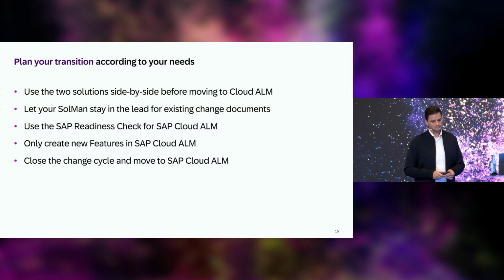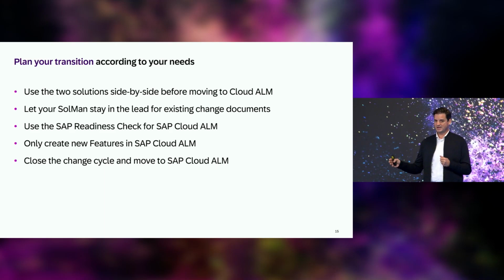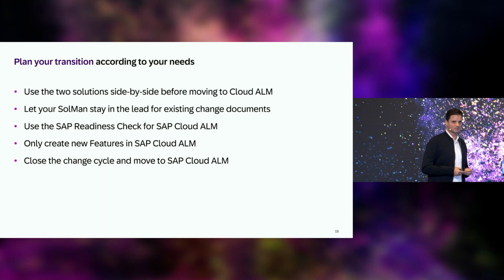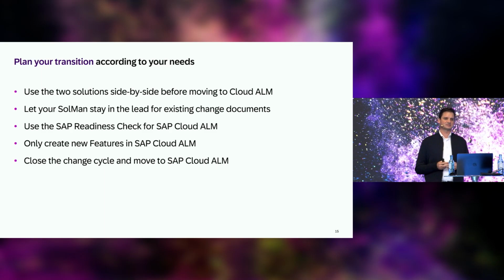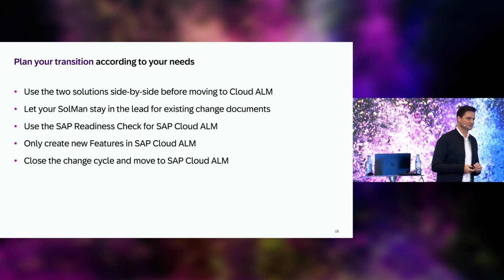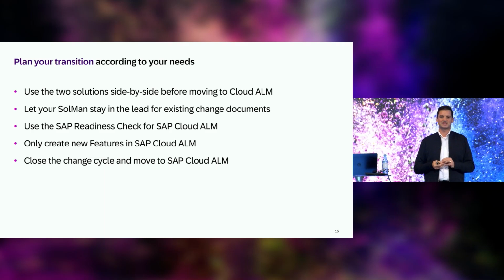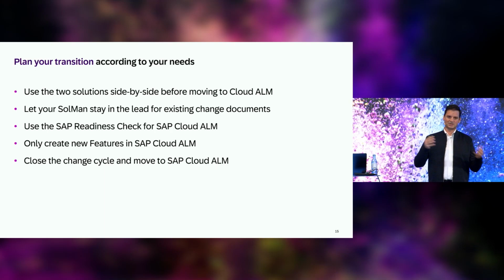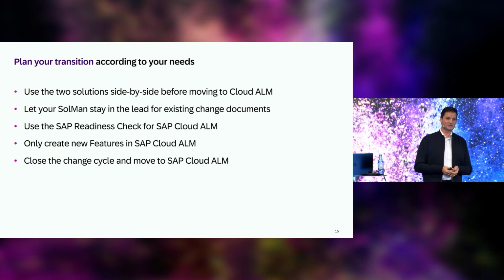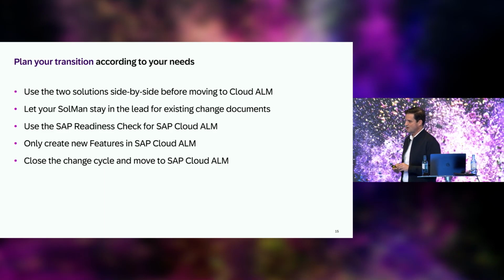So to sum it up, the idea is to really have the two solutions side by side for the full transition phase period. You want to have the Solution Manager from a change and deployment management point of view in the lead until the last existing change document. Use the readiness check to find out which functionality is already available and which functionality you really need by looking into the dashboard of the change and deployment management and find out what are the complex cycles and what are the simple cycles, and maybe for a simple cycle it is already ready to be used, and for the complex one wait a little longer until we really have reached more or less the feature parity between Solution Manager